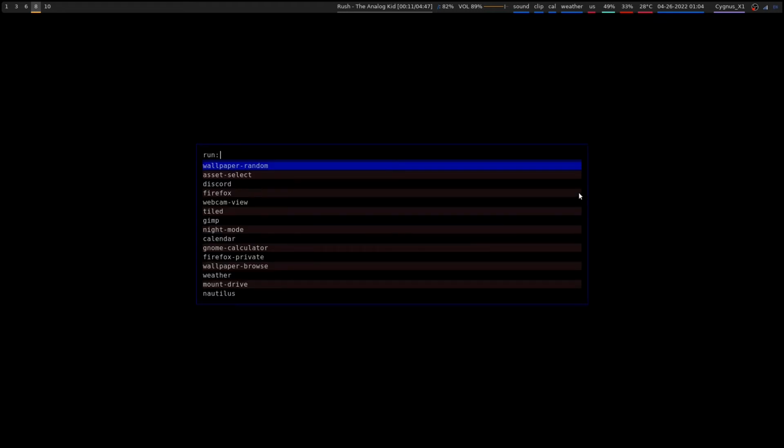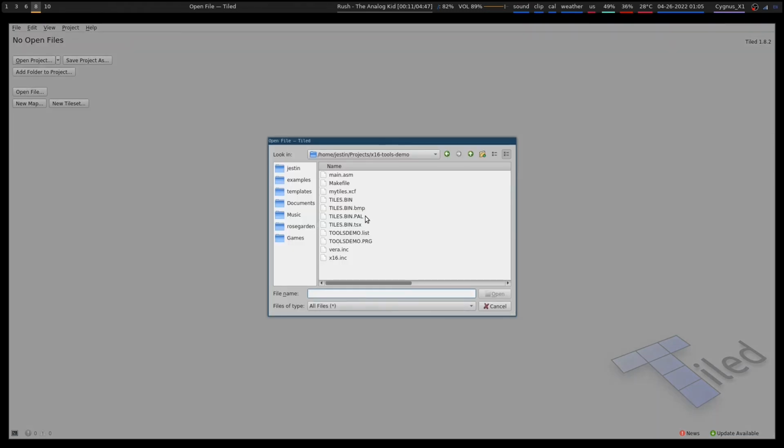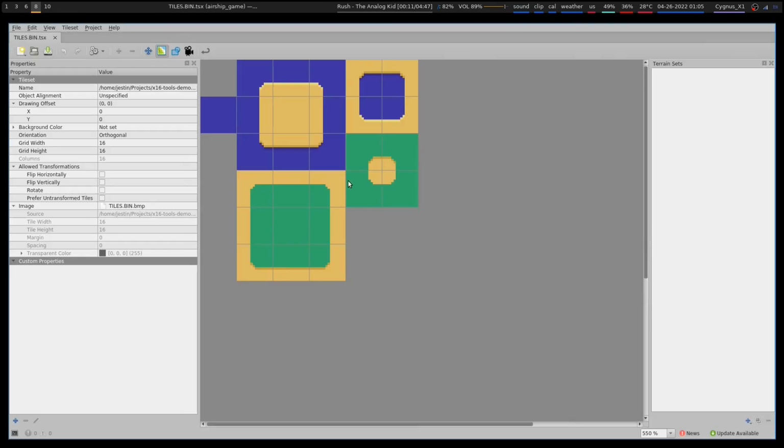Now I'm going to open Tiled, which is what I'm going to use to create my tile map. I'm also going to use some advanced features of it, including turning my tile set into some predefined terrains. I opened the tile set file that was generated, and you can see the bitmap I generated right here on the screen. Now I can go over to the Terrain Sets tab, and I can define which parts of this